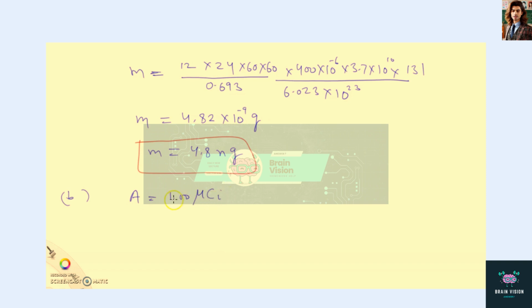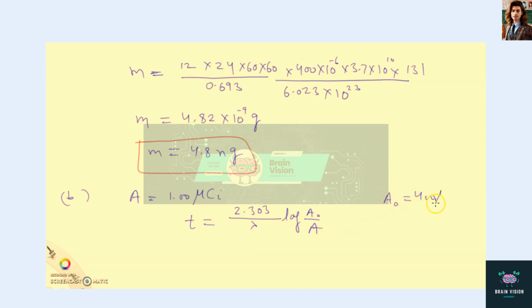To get up to this level, we have to find the total time. So we will use the expression for the time, which is given as 2.303 divided by lambda, again log of A naught by A,